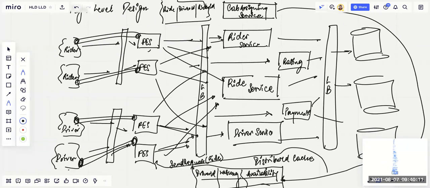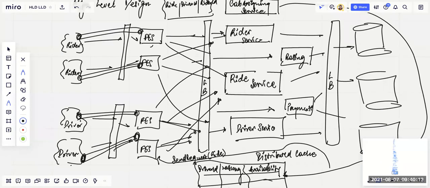The availability of the driver will be changed, and you're still getting the lat long of the driver. So this distributed cache can be used to see the lat long. This WebSocket will keep populating the changing lat long, and this front end service knows that this is the driver ID for which I have to fetch the details. It will keep fetching the details from the lat long and keep sending the details to the rider.